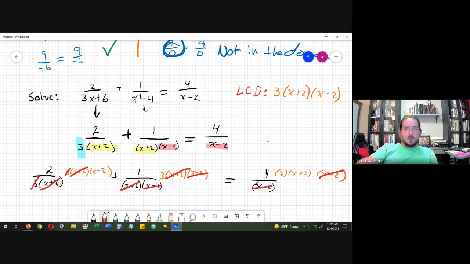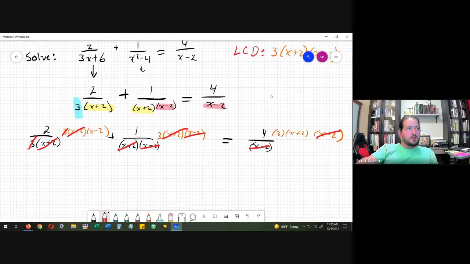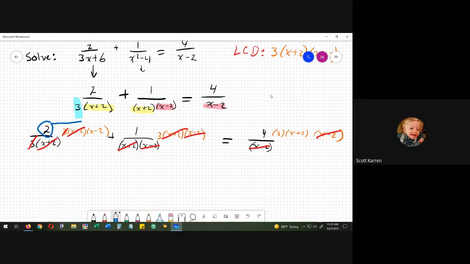So if I clean it up a little bit, I have this 2. I'll just distribute through the x and the minus 2. So that's 2x minus 4. This is just 1 multiplied by what's left, which is 3. So plus 3